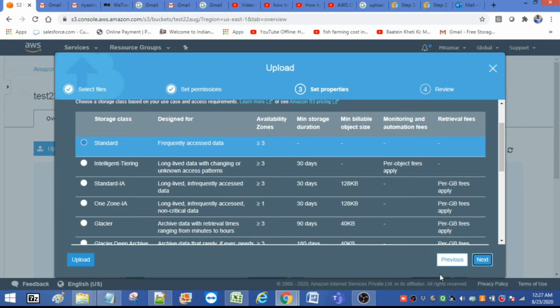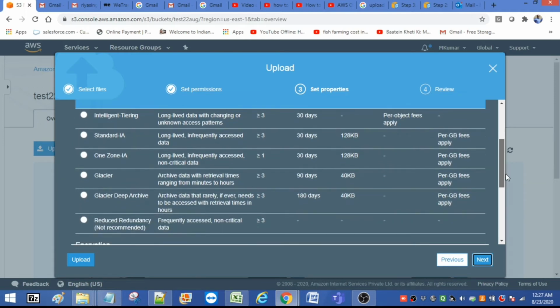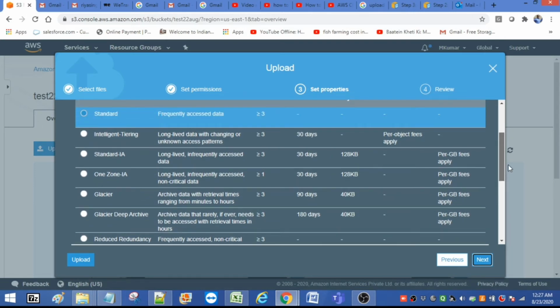The storage classes are Standard, Intelligent-Tiering, Standard-IA, where IA stands for infrequent access, One Zone-IA, Glacier, Glacier Deep Archive, and Reduced Redundancy. So these are the types available.